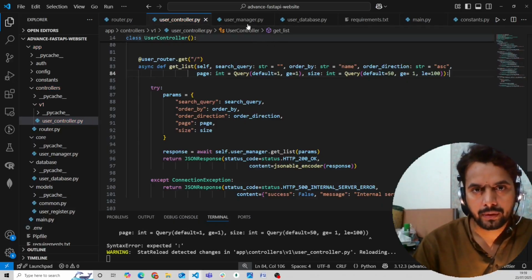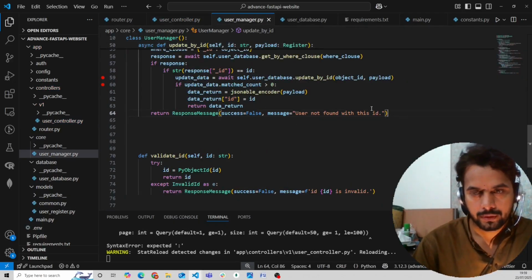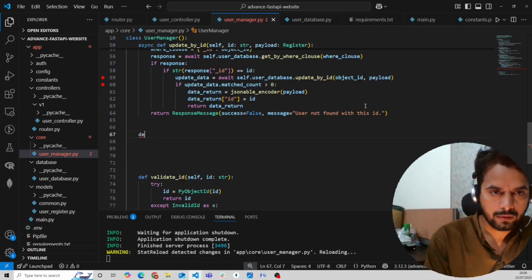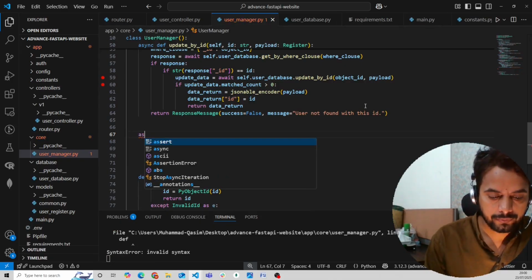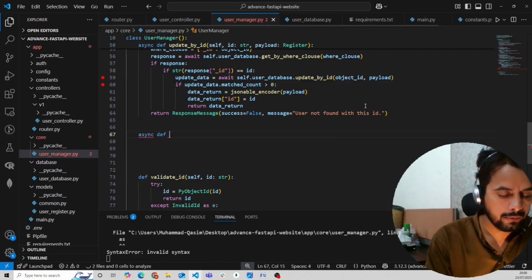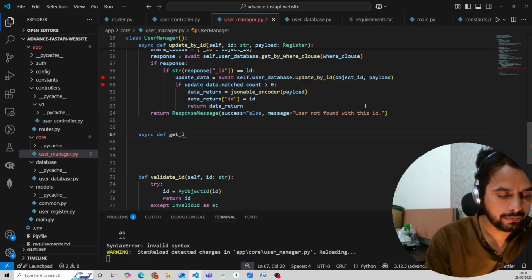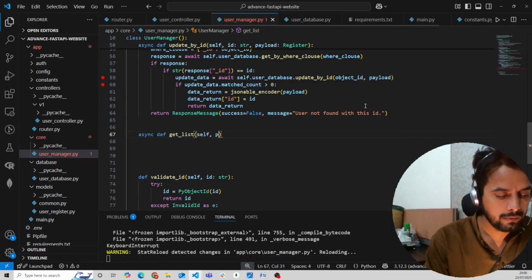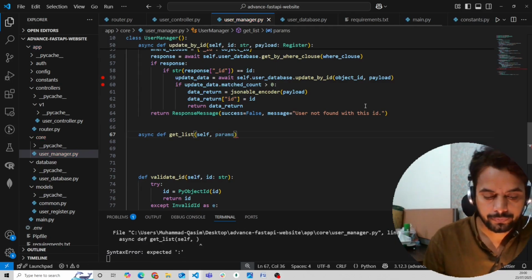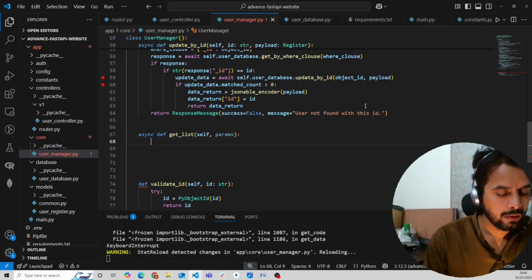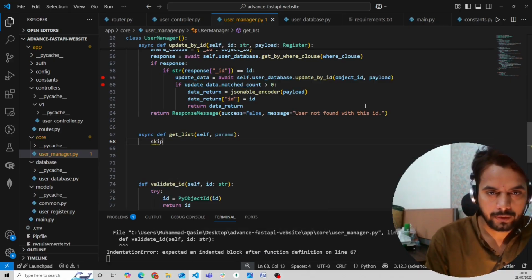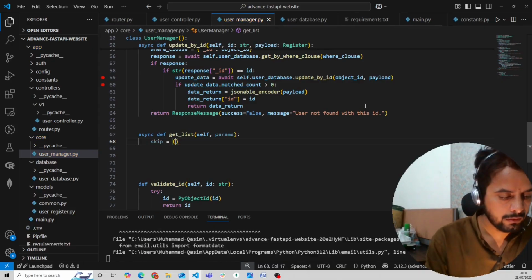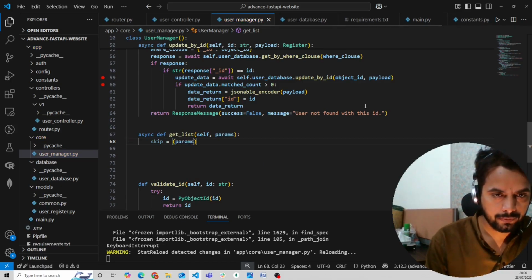We will write our manager, user manager. Here let's start a function, define, we will write this as an async method, define get list, and here we will use self and params. We will use skip here, params page,